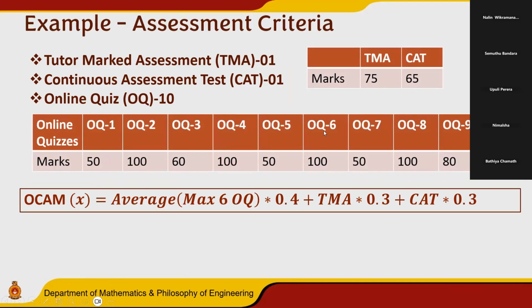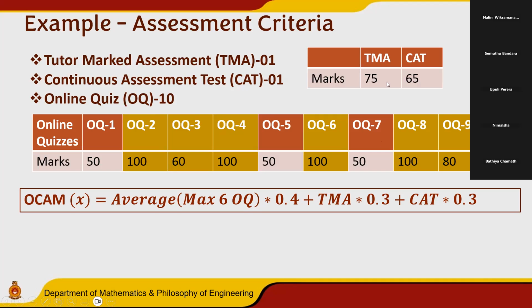For example, here it is shown 10 marks obtained for 10 quizzes, but we do not take all marks for all the quizzes. Here, we select the 6 quizzes with the highest marks, and get the average. And from that we take 40%. 0.4 represents the 40%. And then we add